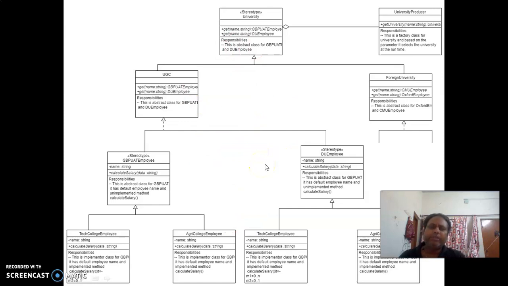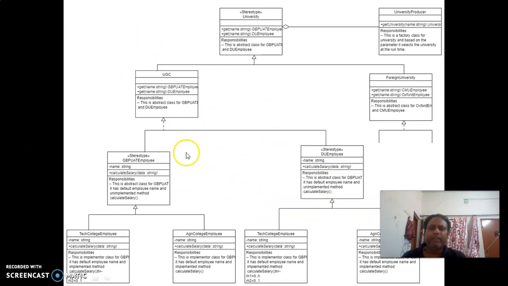UML is basically a Unified Modeling Language, which is used as the blueprint of the software or the classes which have been used for software development. Like we have the blueprint of our building, we have the diagrams. So this is the diagrammatic representation of the code which we write.